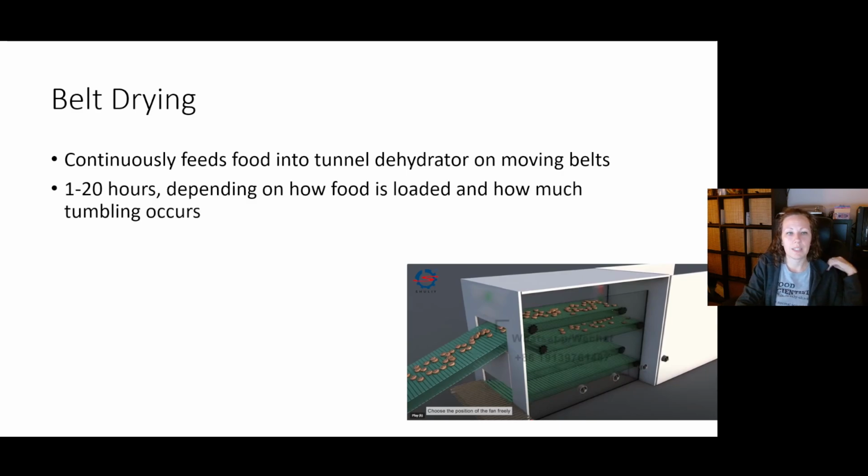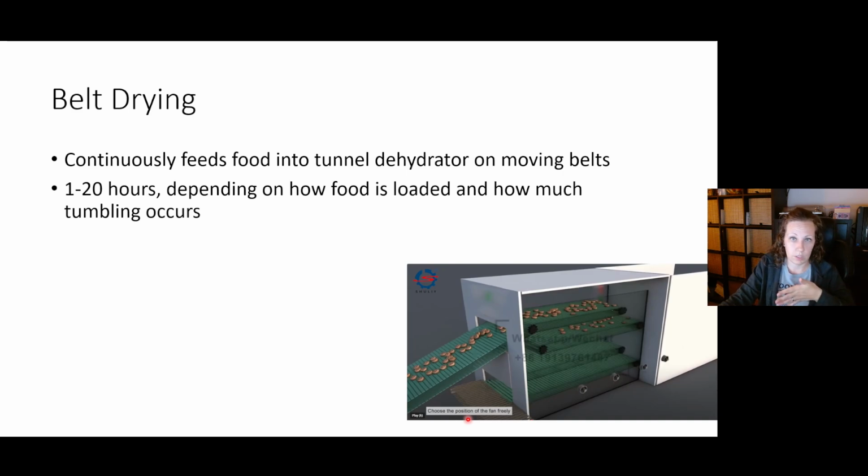So this process has quite a wide range of time. It's 1 to 20 hours. So it can take just as long as the tray drying method, depending on how that food is loaded. If it's loaded similarly to the tray drying method, and it's just one long tunnel rather than this dropping mechanism that's happening here, then it might take exactly as long as the tray drying method,